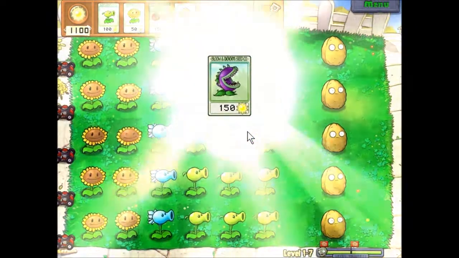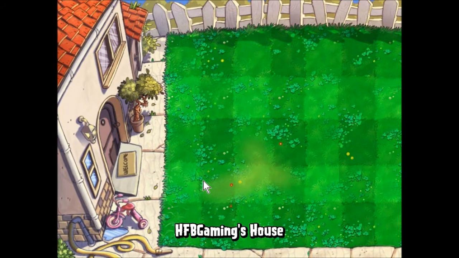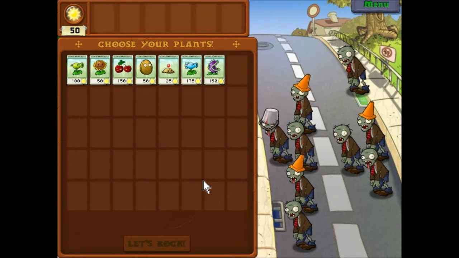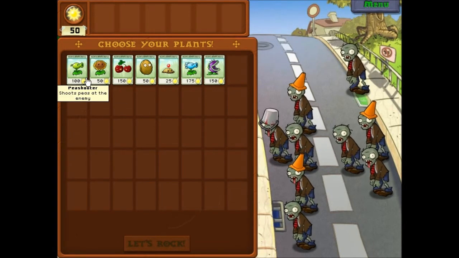And, oh, I've forgotten this fellow. This fellow's name, I think it's... I was gonna say Chomper, but now no one will believe me. Anyway, it devours a zombie whole, but is vulnerable while chewing. I don't rate it as the best plant, but, you know, I'll show it off, because that's what you people deserve, so...